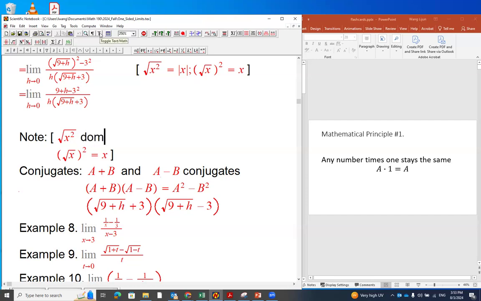This piece, the domain, is all real numbers. All real numbers. And this one, the domain,